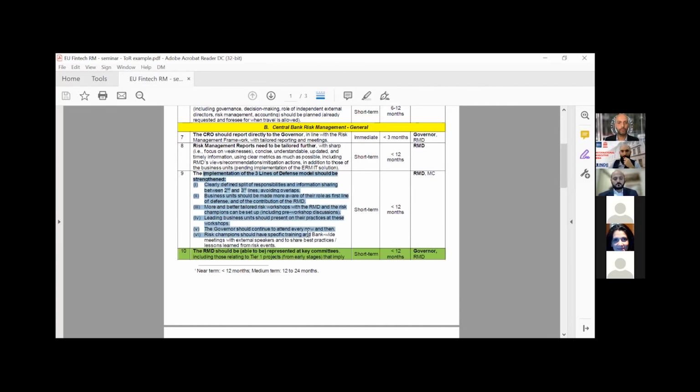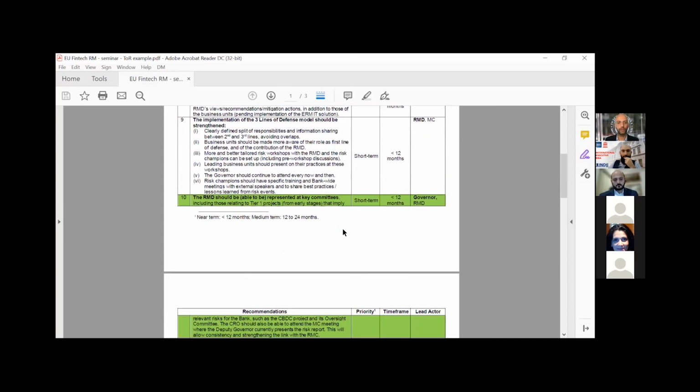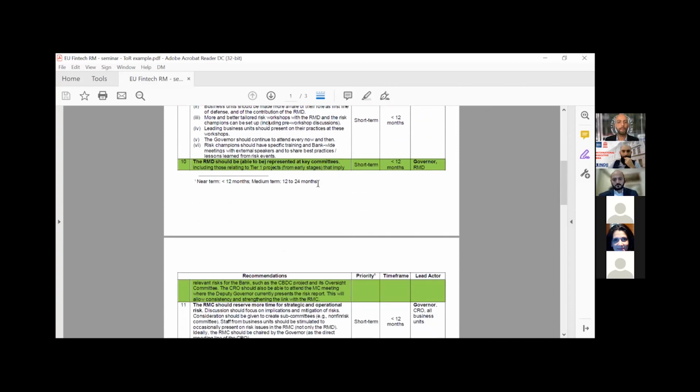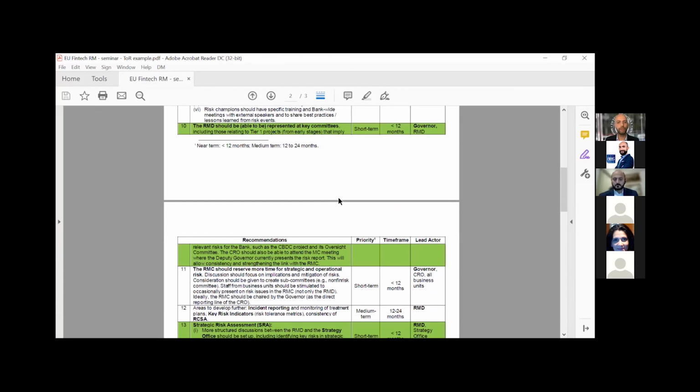It also means, as I mentioned here, the 3 lines of defense model needs to be strengthened. I won't go into that now. That's very generic good practice. But one key recommendation is that if a central bank and a supervisor has a risk management department, and they'll likely have that, the risk management department should be represented at the key committees, including those at the first stages that are involved with CBDC and other fintech-related projects, whether it's on rolling out a cloud computing solution or something else. So risk management needs to be involved at the early stages, not come in at the end, when a lot of things might have